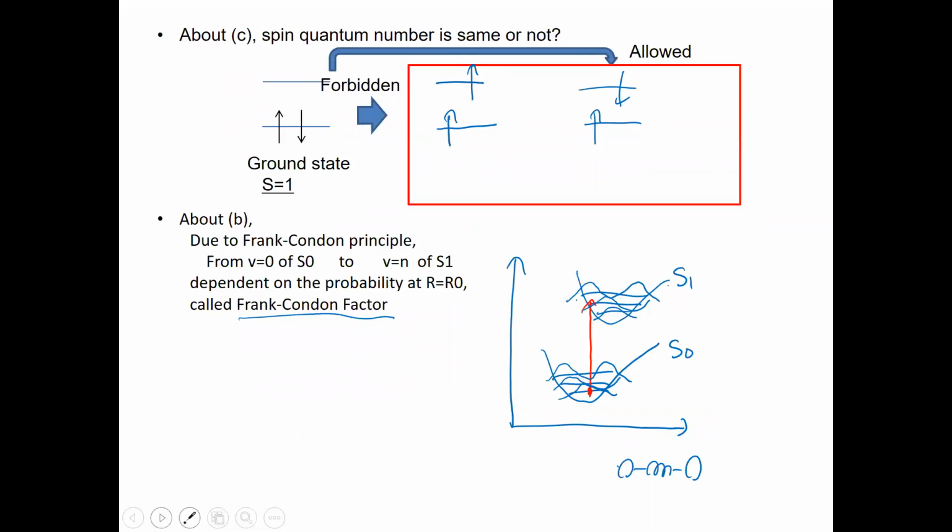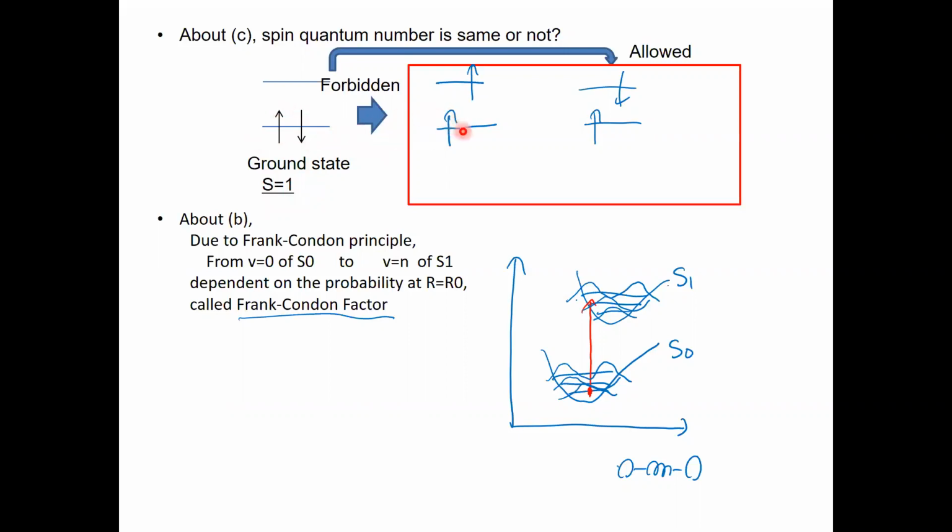integral for spin. So here, in terms of the spin, this suggests whether the initial and the final spin quantum number are the same or not. As you see, in the ground state, a pair of electrons occupies a single orbital, which gives the singlet state, right? Well, after photoexcitation,